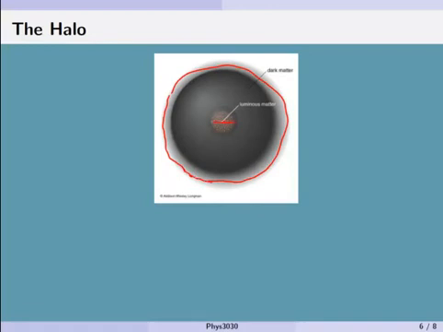We look around at the number of stars out here, and you can look at how fast they're moving, and it looks like there's this sort of continuous big sphere of dark matter all around a galaxy. And this is what's called the halo. So there's this big halo of dark matter surrounding every galaxy.